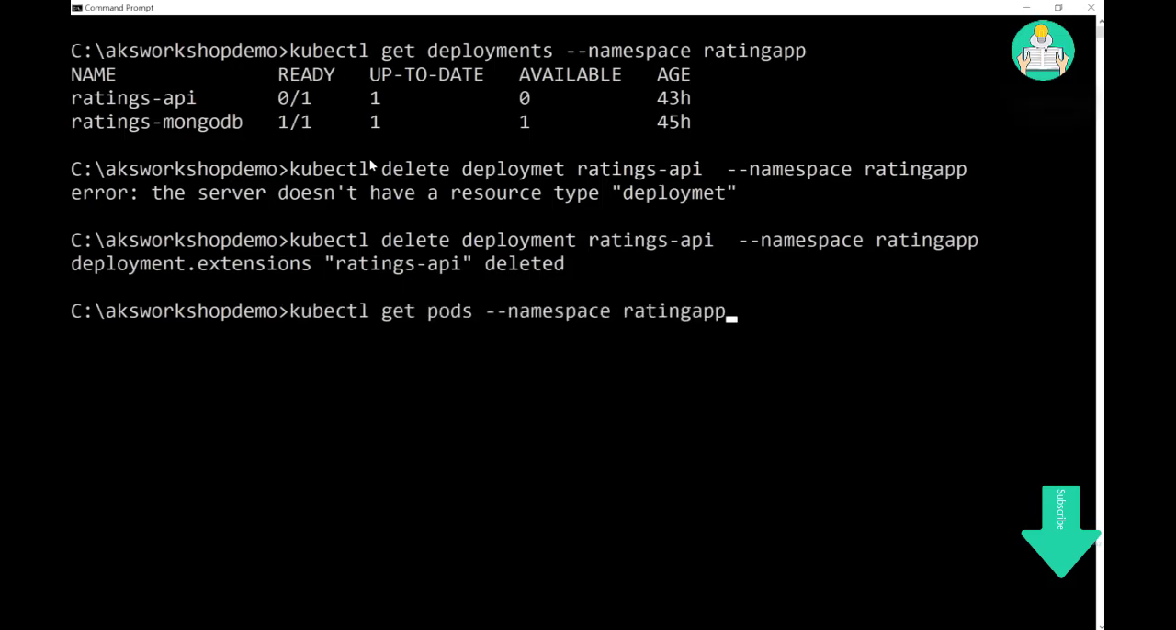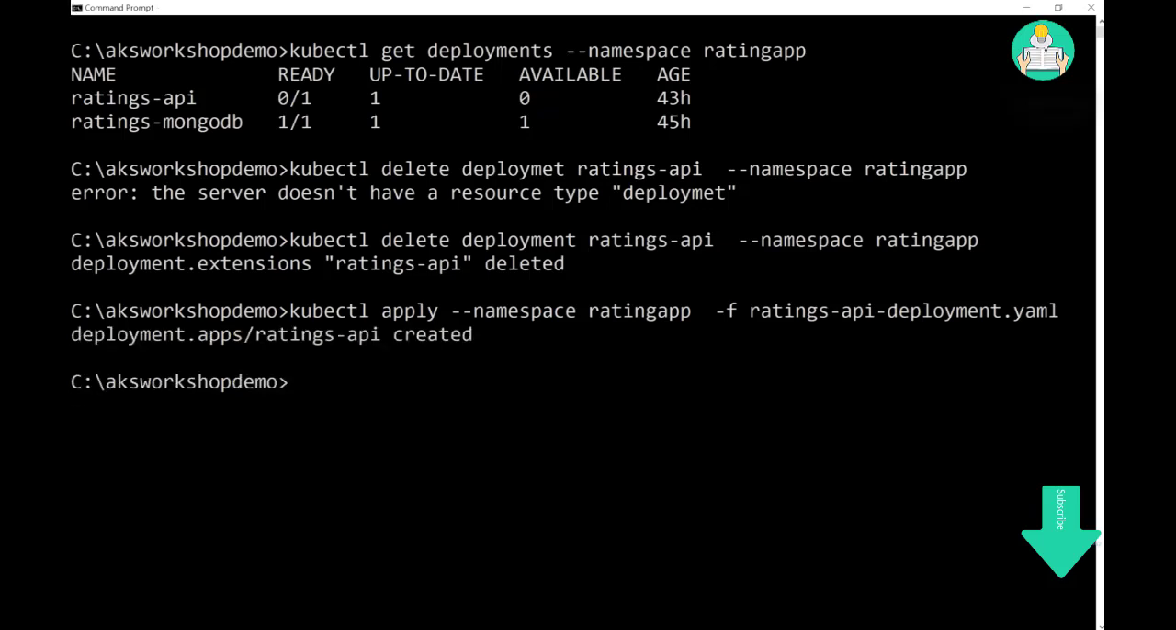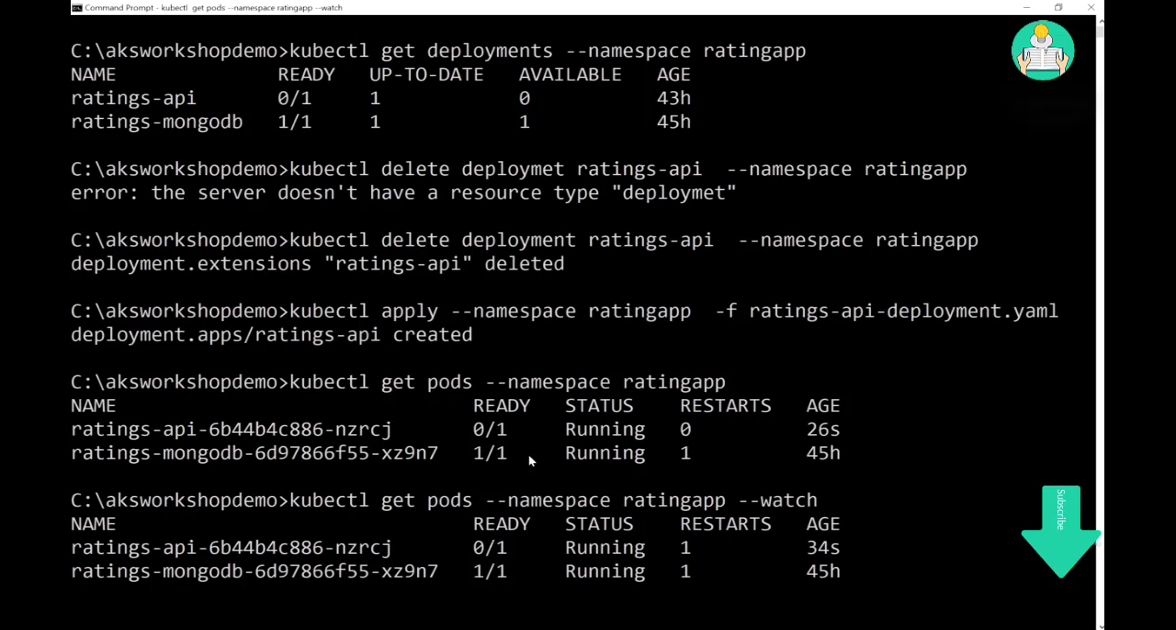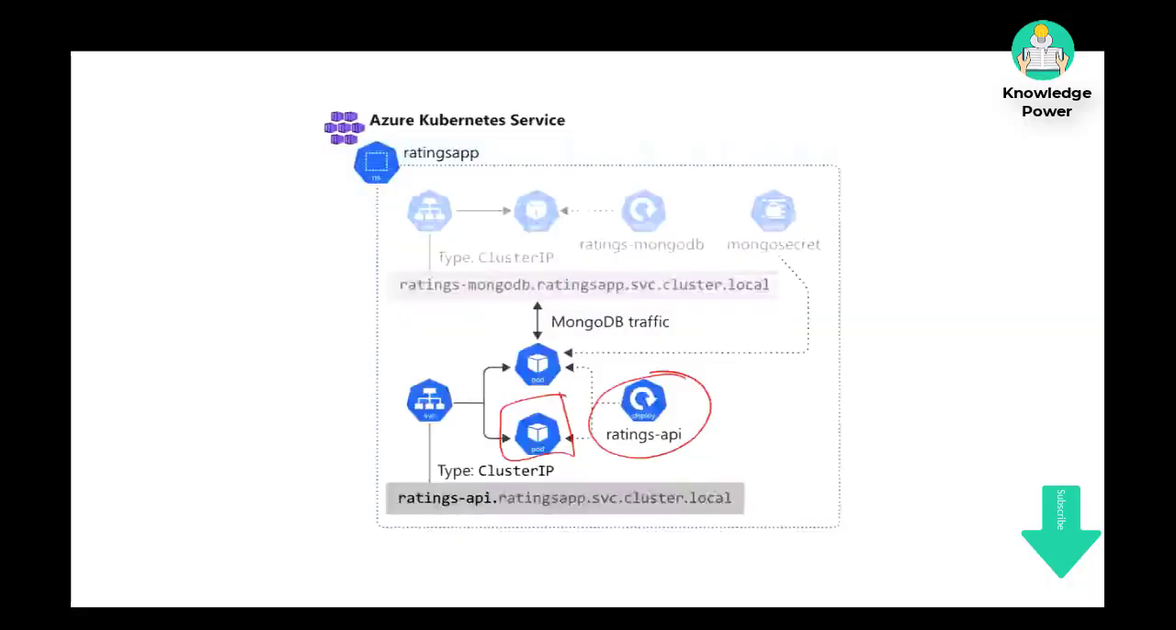Now what I need to do is apply the deployment again. So this is the right command for this. And now if we write kubectl get pods, and we specify the namespace rating app, we'll see that we finally have the rating API pod. It's not yet ready, it will be ready. We can actually do --watch, and we will always get the up-to-date status. Now it will be ready after a second, and the status is running. So we have successfully managed to give the right access to Kubernetes to pull the image from the Azure Container Registry. So up until this moment, we have our rating application, and we have it deployed in our cluster